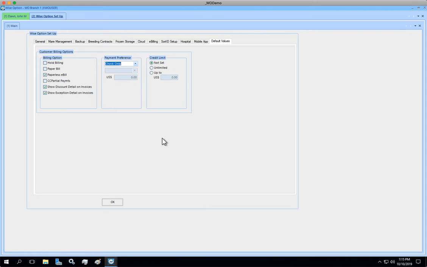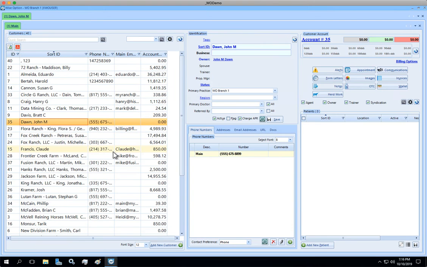and not set. When I click OK, these settings will be saved in the program, and every time I add a new customer into WISE option, it will allow that new customer to get auto set with the standard default settings I'm putting here